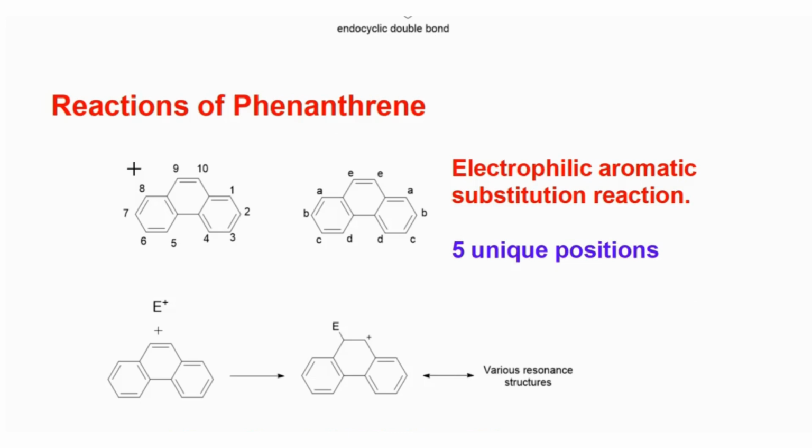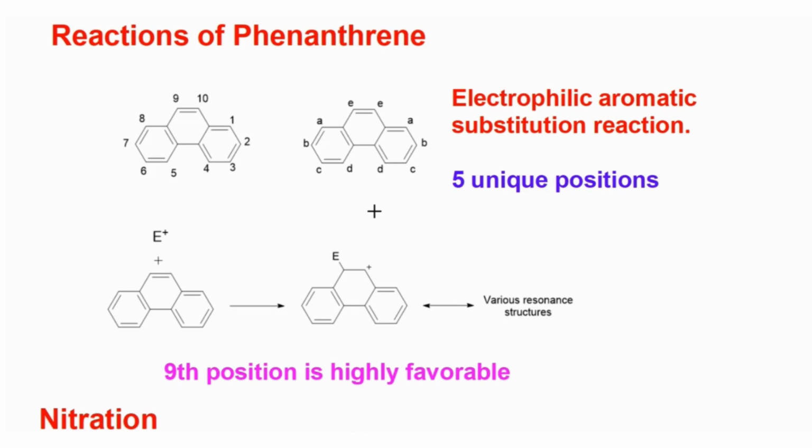Next we are going to see the reactions of phenanthrene. As we know, these are aromatic compounds, so they will undergo aromatic electrophilic substitution reactions. Now if you see this phenanthrene, there are 5 unique positions that I labeled here A, B, C, D, E. Among these 5 unique positions, the aromatic electrophilic substitution mostly occurs favorably at the 9th position, because you